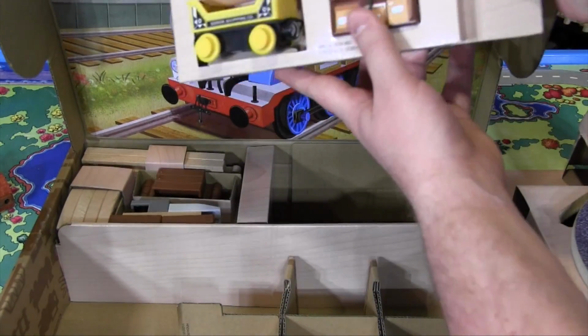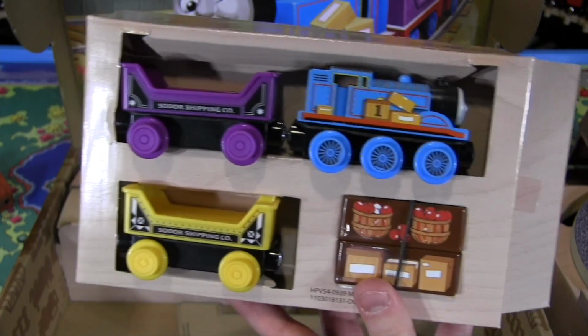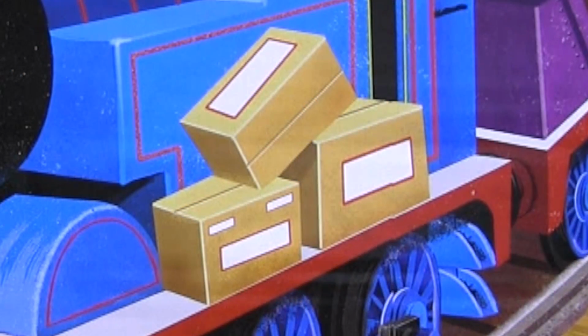So I believe this, yeah, I will kind of spoil the news here, but this Thomas does have an exclusive expression, which is really, really nice. And something I was going to bring up, if you look at that picture back there at the very top, there are some boxes covering Thomas's number, and I thought that was a weird choice, but it looks like it's